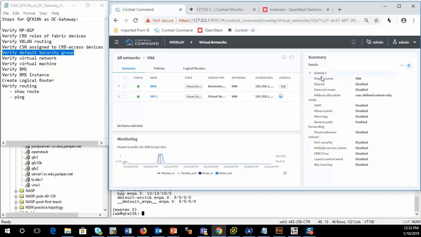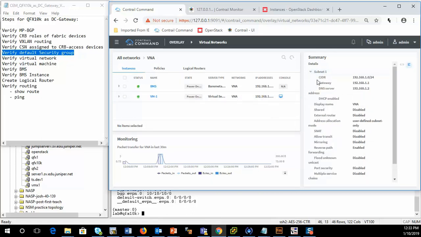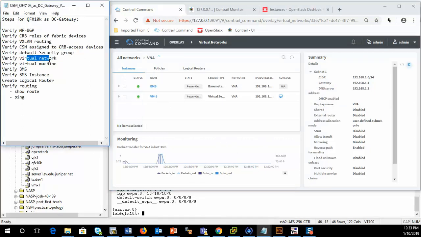Okay, let's see. What else can I tell you? Subnet 1 is providing gateway 1.1 and also the DNS server is 1.2. Okay, and DHCP is enabled. So good. That's all good. We verified our virtual network. We've pretty much verified our virtual machines here because here it is, VM1, and also our bare metal server is